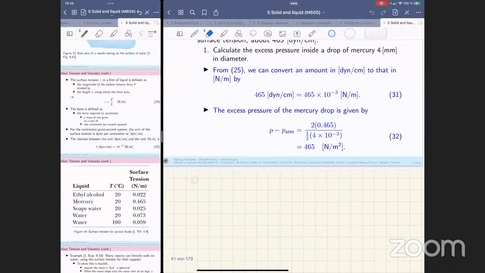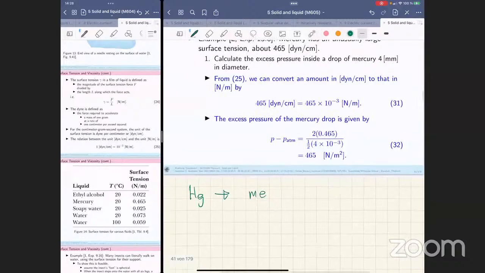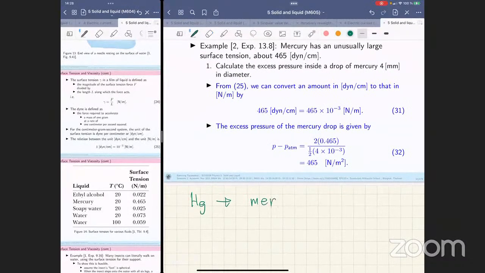Hg is chosen as the material, so Hg is mercury. From the table on the left side, you can see that gamma, which is surface tension, gamma Hg, is equal to